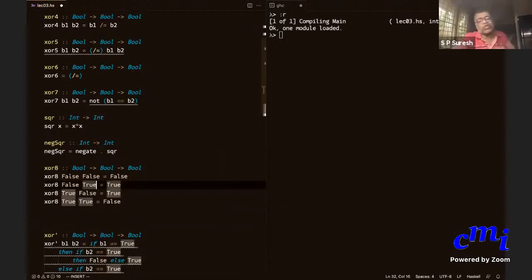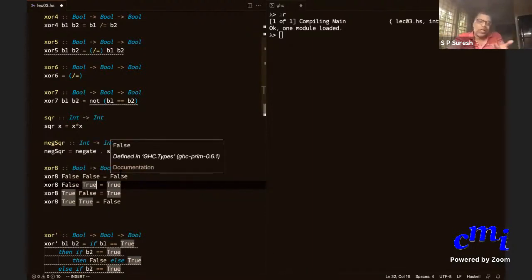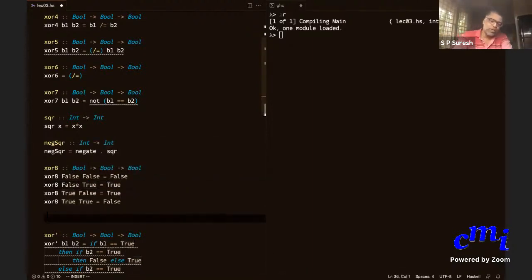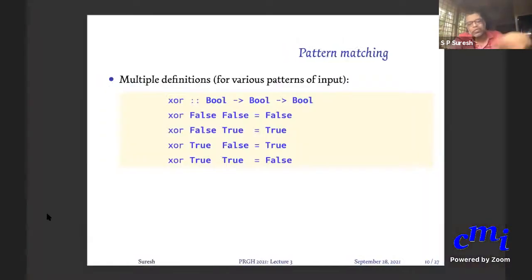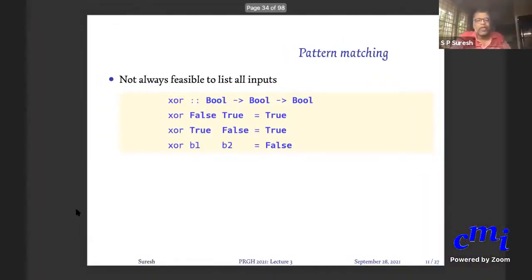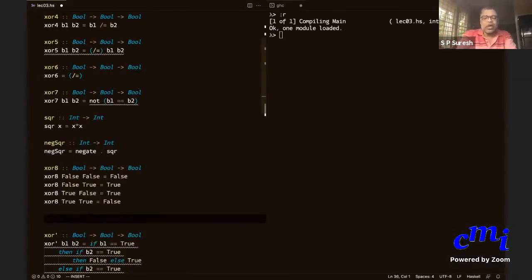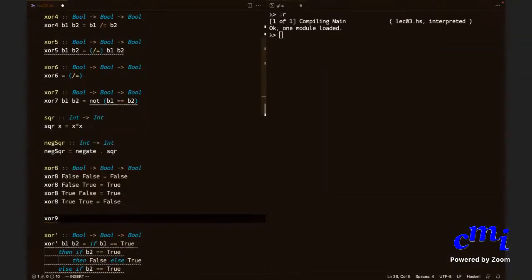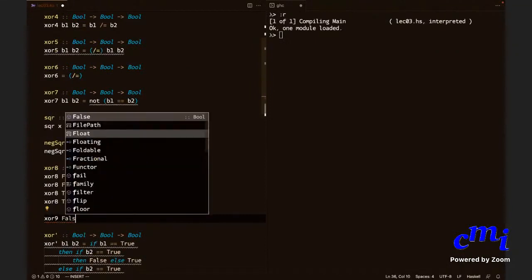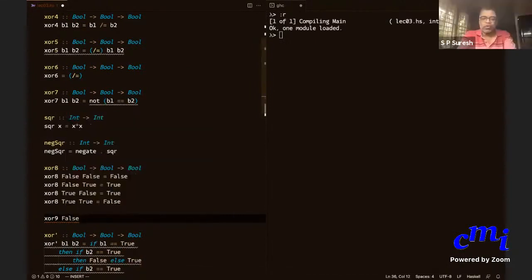Okay. So like I told you, this is very exhaustive. This is an exhaustive list of all input possibilities and the corresponding definition there. You don't want to in general do this. So you can simplify this further. Here is what I can do. I'll say XOR 9. I'll dispense with giving the types. The type is bool arrow bool arrow bool.